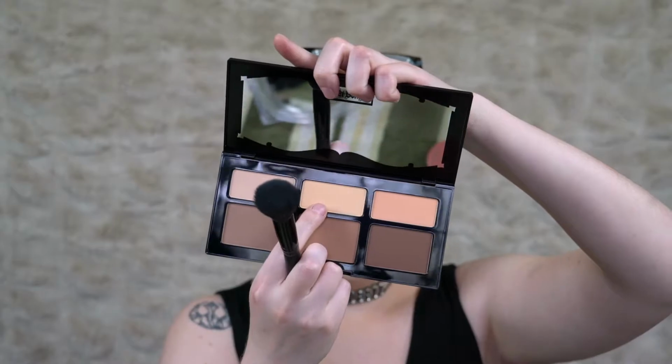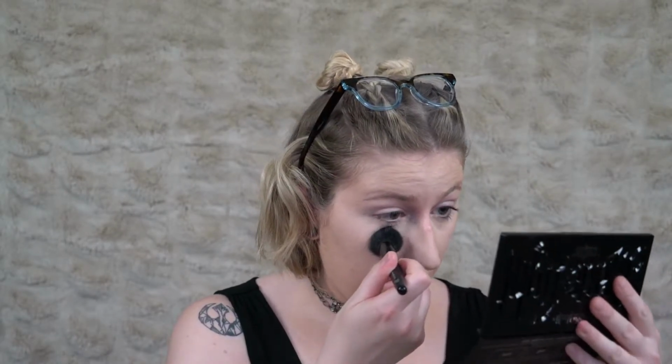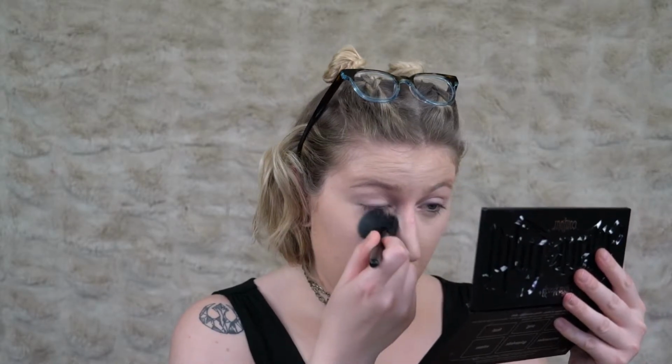banana shade. It's called Lyric, and I'm going to just take that on my little e.l.f. mineral powder brush. Ooh, super powdery. A lot of fallout. Okay, and I'm just going to pat that right underneath my eyes just to kind of set that under eye concealer. And I'm going to mix it with the lighter shade too, just to kind of lighten that up just a